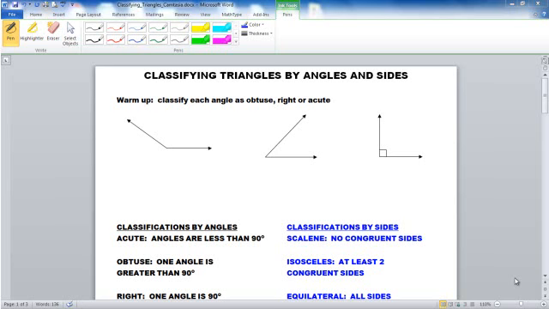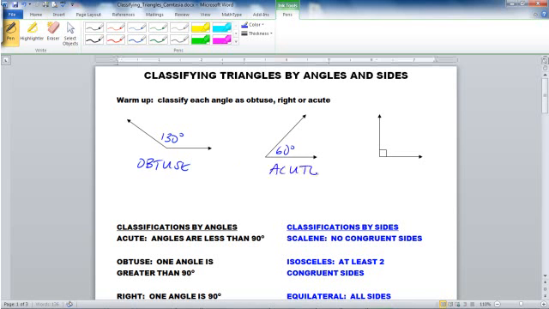Hi you guys, welcome to today's lesson about classifying triangles by angles and sides. A little warm up, we're going to classify each angle as obtuse, right, or acute. Now I know these angles don't have measures in them, and we should look for measures, but I'll help us out here. We'll say that that's 130 degrees, that's 60 degrees, so we know that that is obtuse,